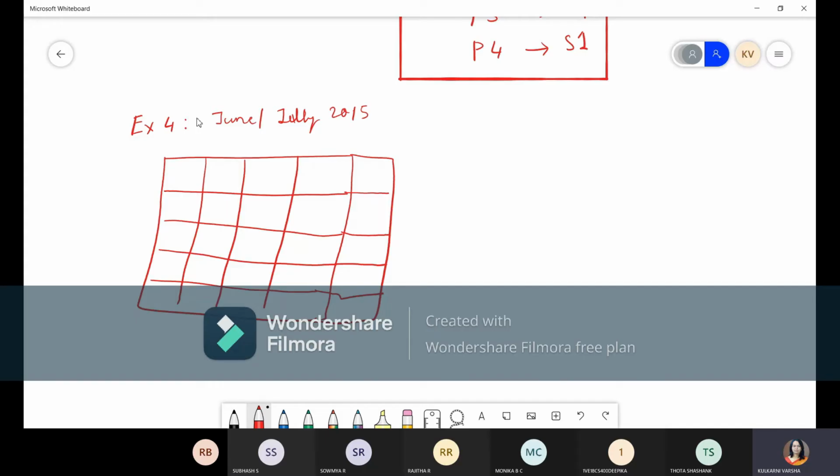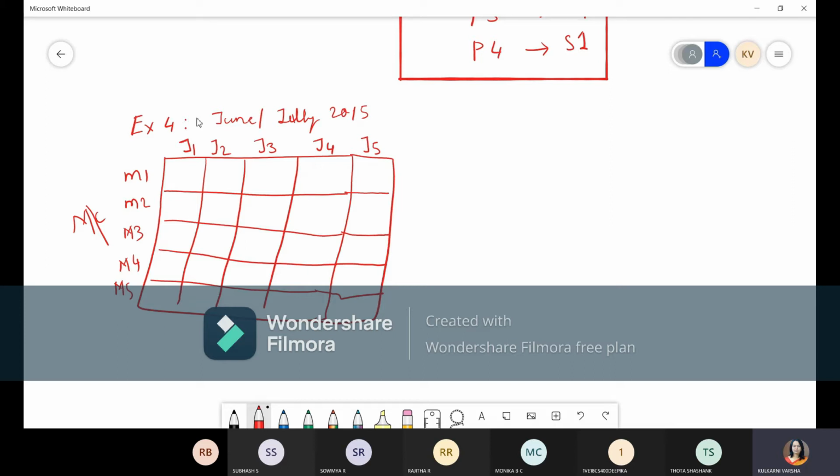Okay, so this is a 5 by 5 matrix, which is saying that there are machines. These are the machines M1, M2, M3, M4 and M5. These are the 5 machines, and there are 5 jobs: job 1, job 2, job 3, job 4 and job 5. So we have to see which job should be assigned to which machine, so that overall production will be fast. So they have given the working hours.